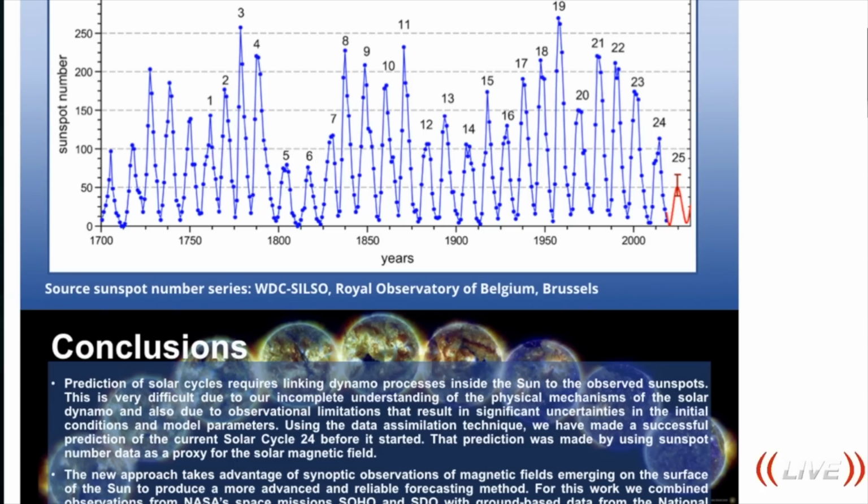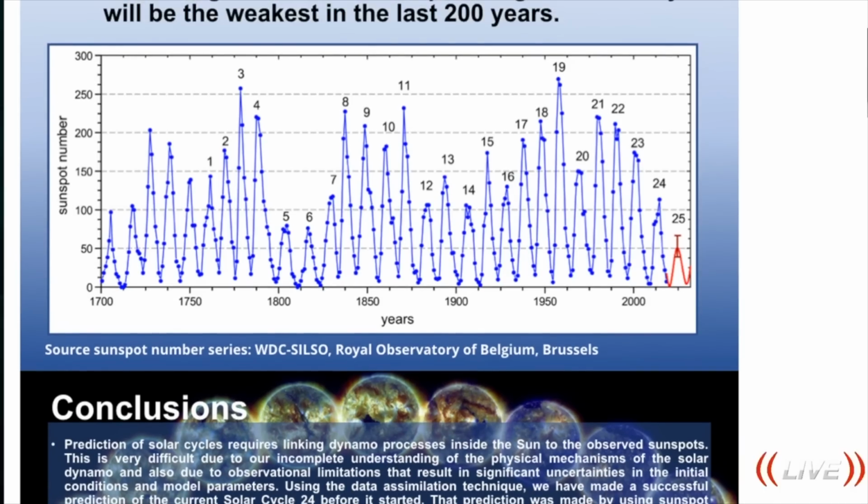And I want to thank this doctor, this scientist here at NASA, for putting together this small presentation to back up the reason why we are now seeing from NASA that this is going to be a significantly weaker maximum, not just by a little, significantly. We can see it right here in the prediction map. It's almost below 50. And you see the little error rate here, the little bar.